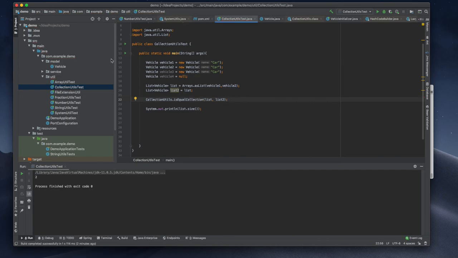Now I am trying to run this one, but I need to provide some output here. I cut it, paste it here, and run it. Okay, it's equal, that's why it returned true. Those are some of the methods, and we have some other methods that we will discuss in the next video. Thank you for